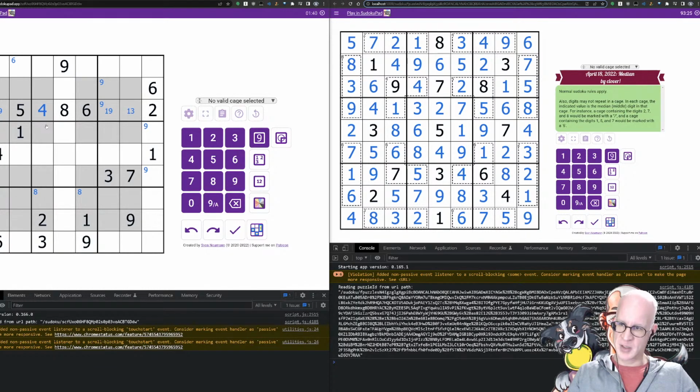Once I train the setters to start adding solutions, the next step is to get them to add hints. You know, Sudoku, like, I want to add the hint capability of SudokuPad to the web app as well. And there's really not any reason why they shouldn't be having hints.